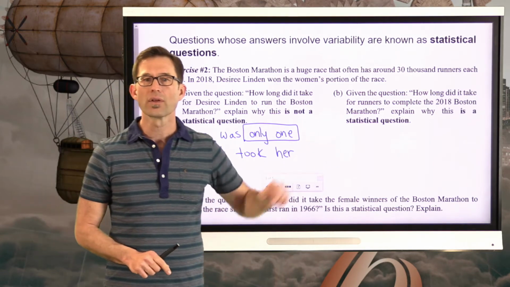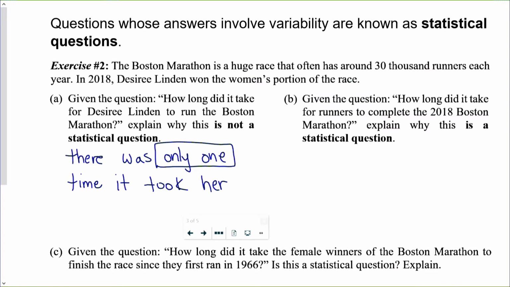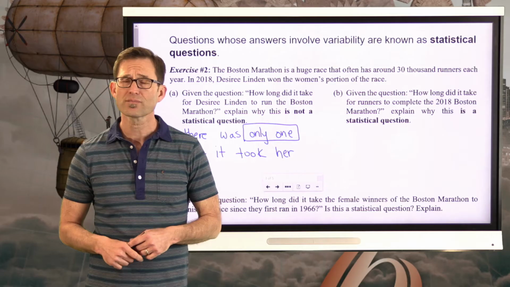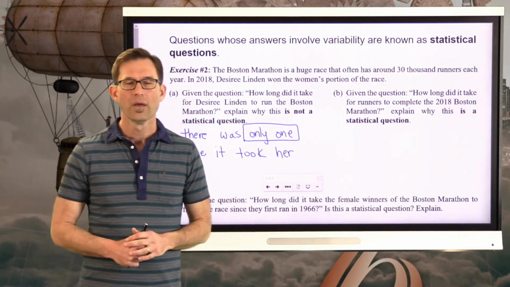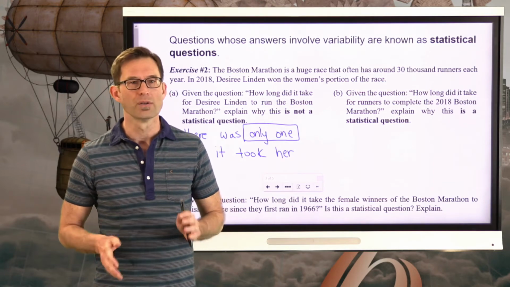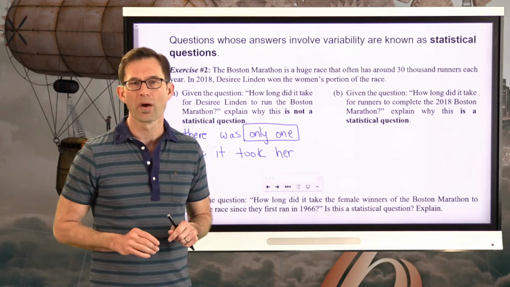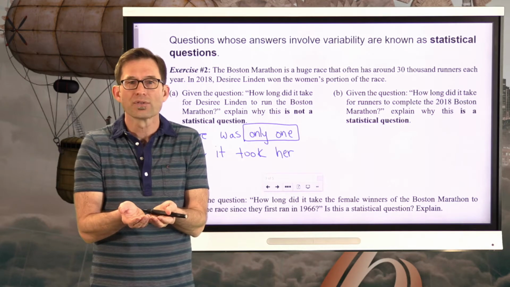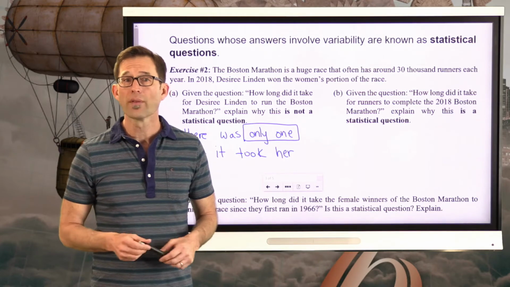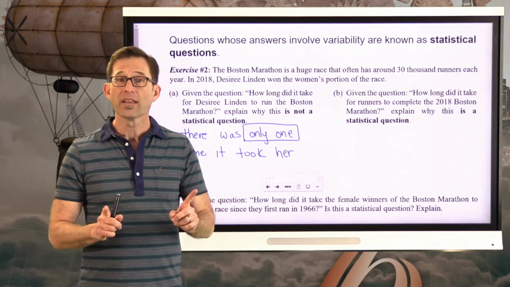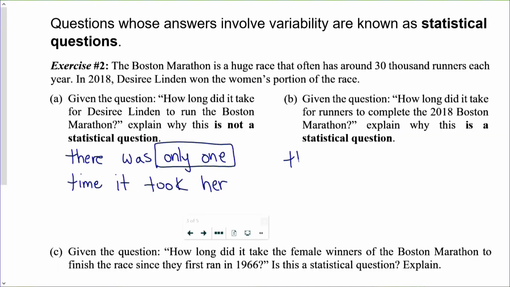On the other hand, let's take a look at letter B. Given the question, how long did it take for runners to complete the 2018 Boston Marathon, explain why this is a statistical question. Well, again, imagine that you're somebody who's thinking about running the marathon. And you go out and maybe you run a bunch for half a year, and eventually you run a marathon and you get your time. And you think to yourself, I wonder if this time is reasonable. So you ask, well, how fast do people run the Boston Marathon, right? That is a statistical question because there are many